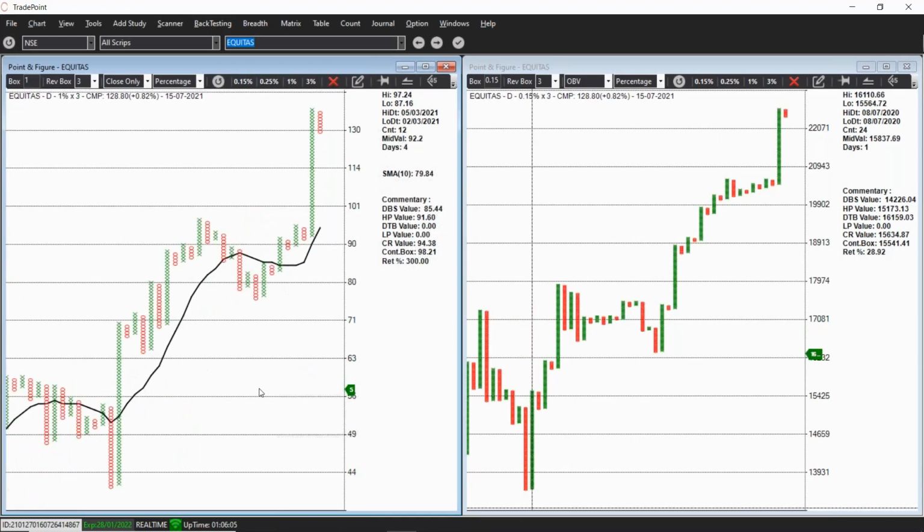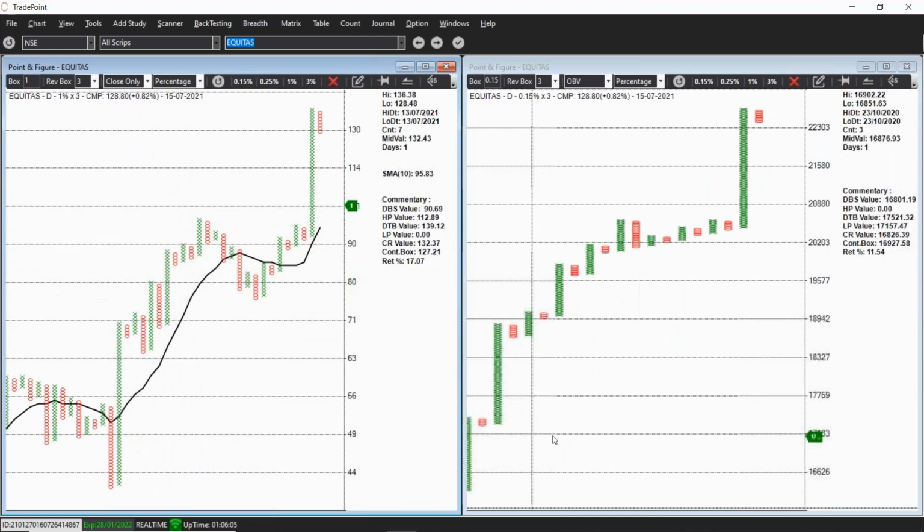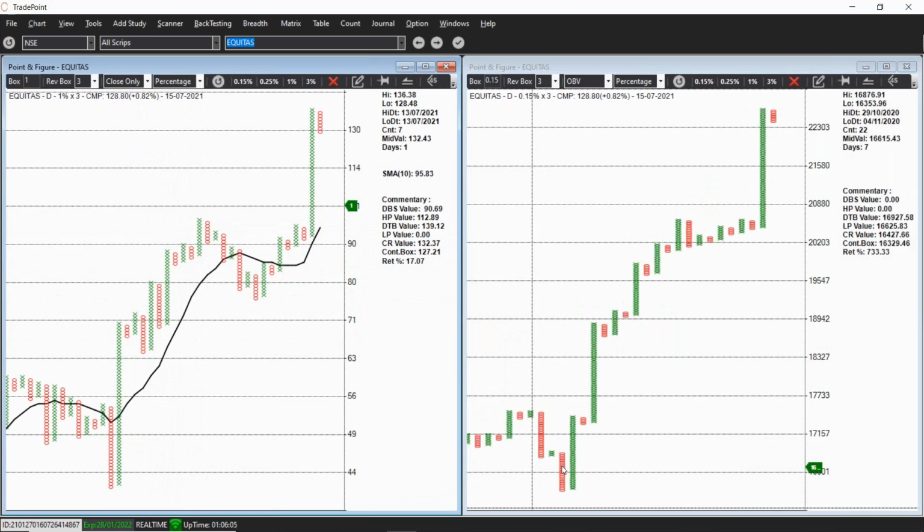Now see, since it is a mid cap, I'm checking this price chart on 1% box value. This is the November 2020 bottom, right? Price went up, it fell below the moving average, again went up. Overall the chart is bullish. We can see a broadening pattern here, continuation double top buys and things like that. Now see this from here. This is the bottom of November 2020. From there, you can see continuation patterns and a series of double top buy patterns.